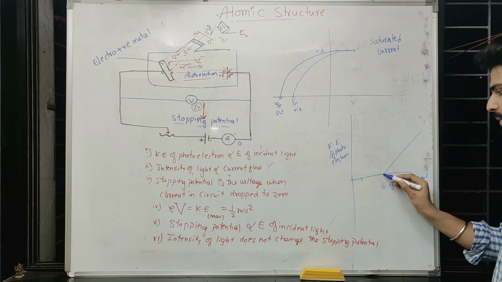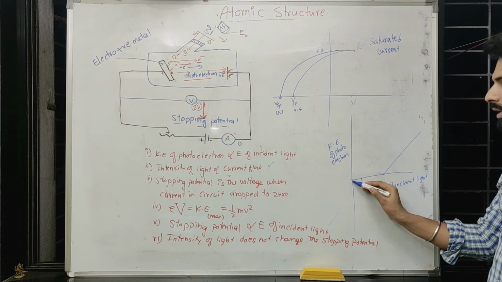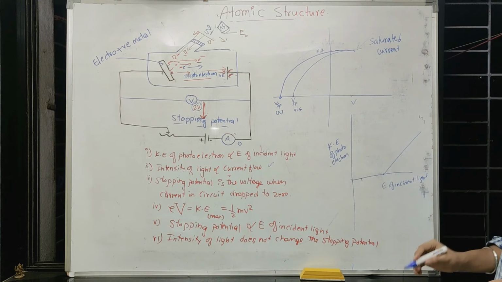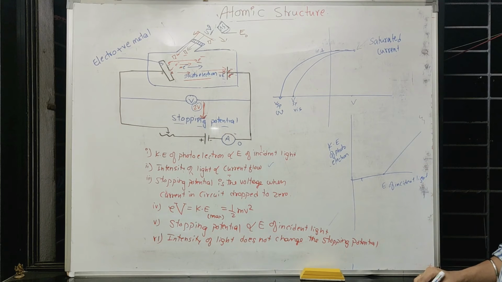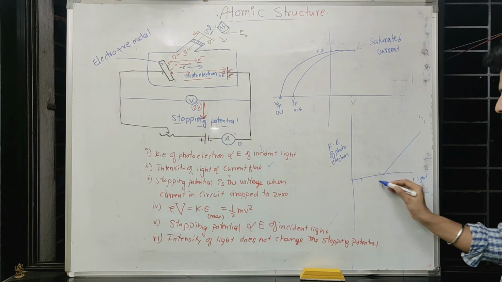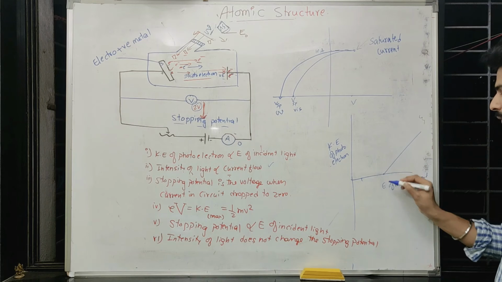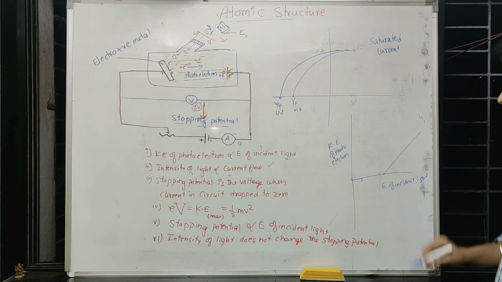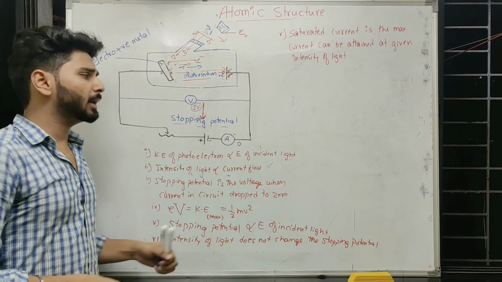So this graph you have to remember, it is not from the origin, because the moment you increase the energy, there will not be any kinetic energy, because some minimum threshold energy must be supplied. Below which you cannot expect any kinetic energy, or you cannot expect even the ejection of electron, forget about having some kinetic energy. There will not be any ejection of electron first of all. Only after some limit can you expect some. So this is another graph. Here if you use frequency, then this will be. So these many points you have to remember.